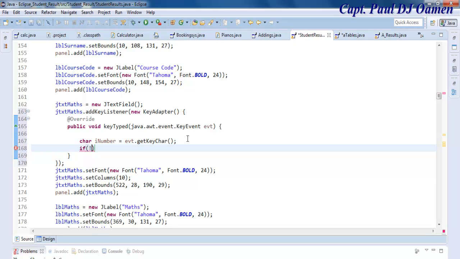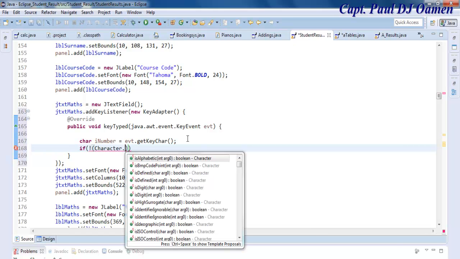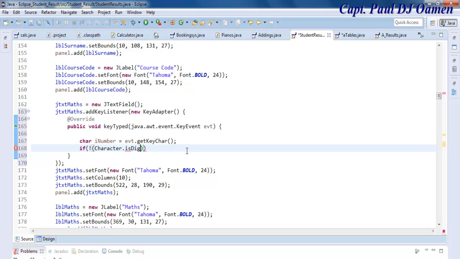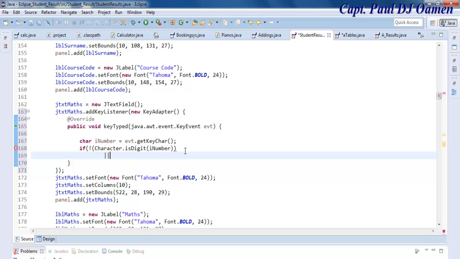If not character dot is digit, that should be a D, it's digit, and I number, close that, it's got to be just 1, and we then use all is very I number, copy that, paste it here, I number